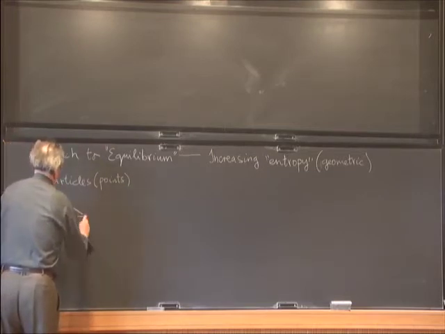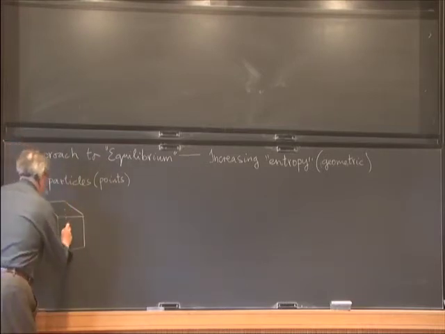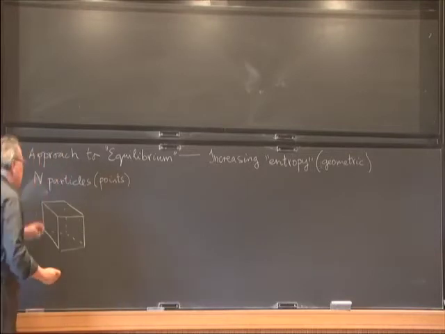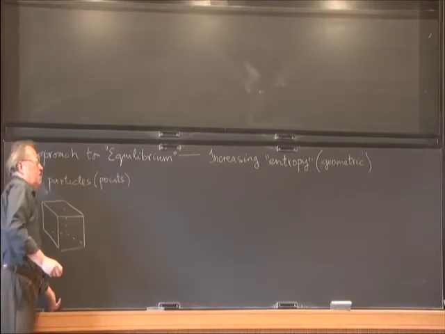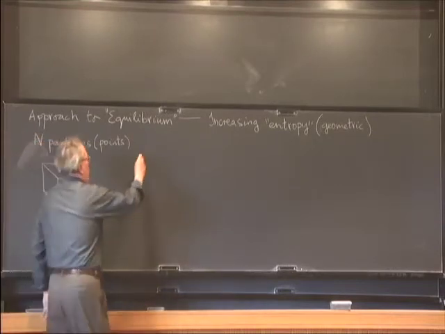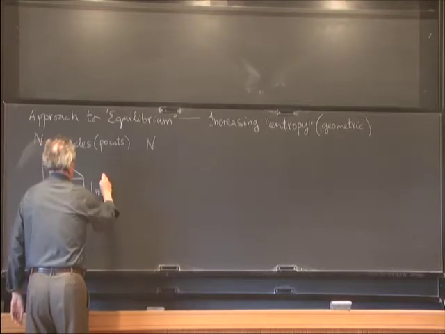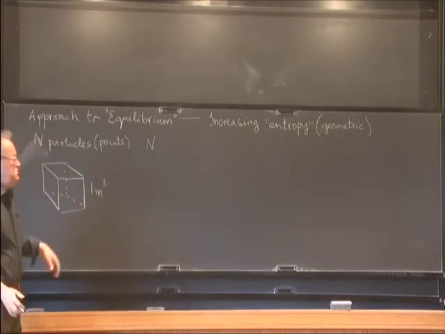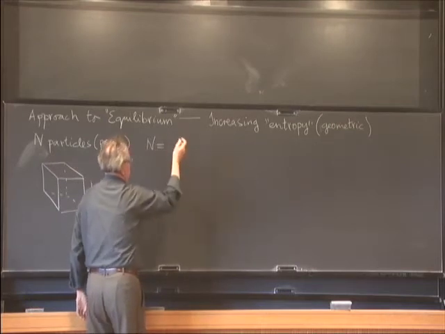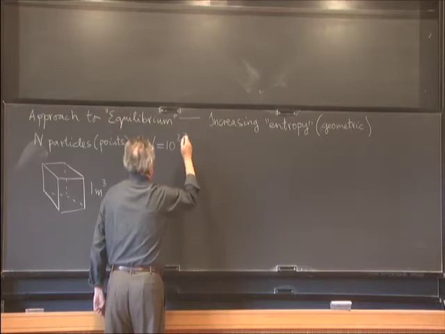To have a rough idea of what is a good setup here, when we have gas molecules in a 1 cubic meter box, then for a typical gas, n is in the range of 10 to the 26, 27, let's pick 27,